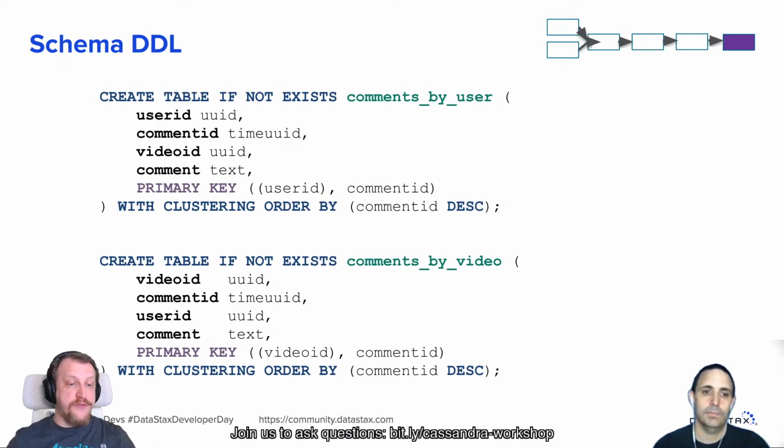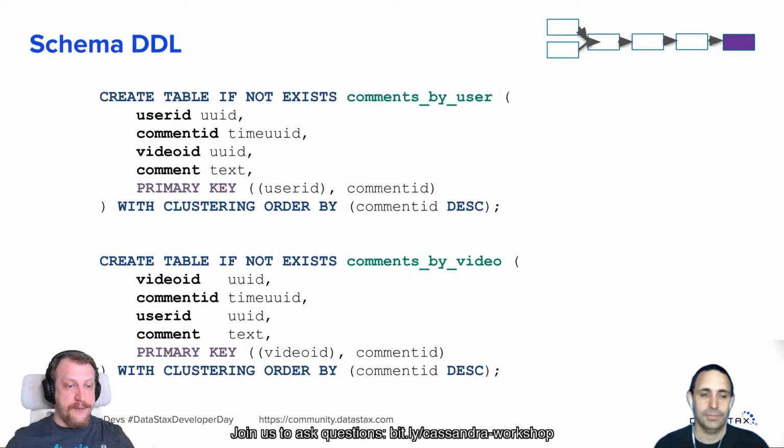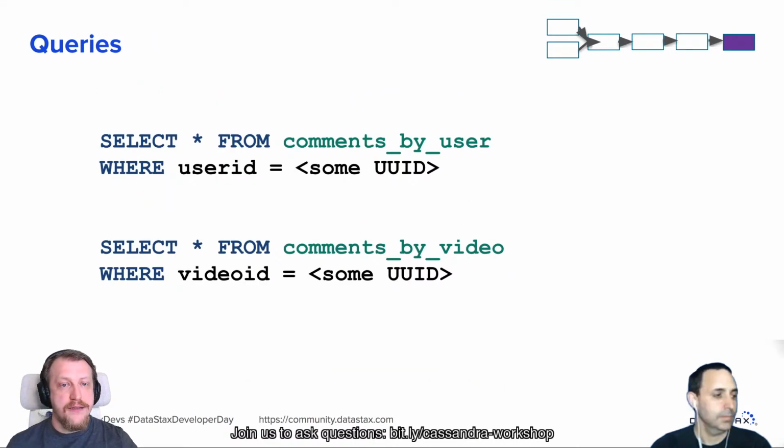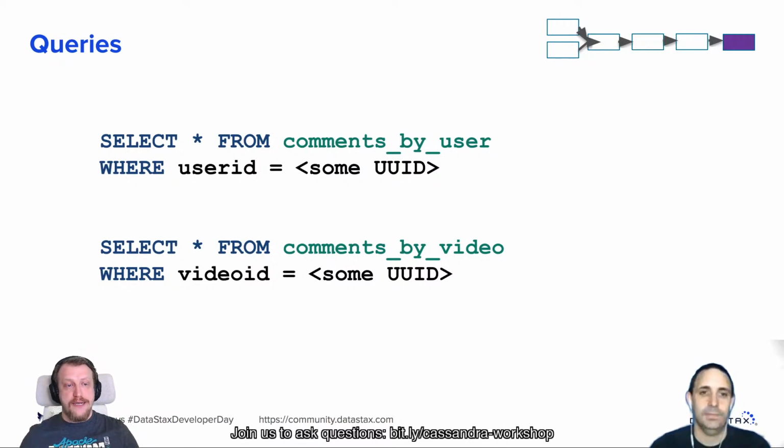Second table looks very familiar. The idea is exactly the same, just in another order. We are having video ID as a primary key. But besides that, they are mostly the same. Again, yes, denormalization. How do we work with denormalization? Cedric will show you two steps later. And then, based on these tables, we work with queries. Select all from comments by user, given user ID. Select all from comments by video, given video ID.